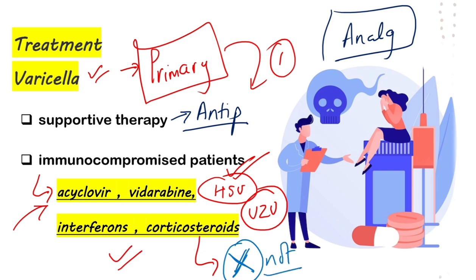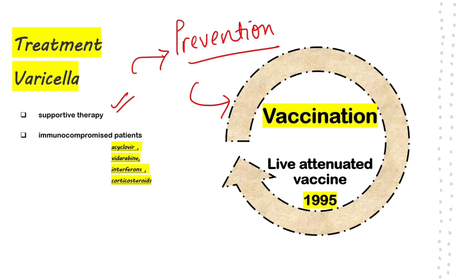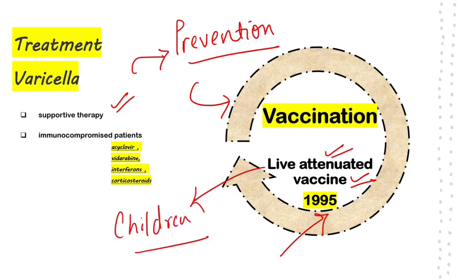A highly effective method to save a person from the primary infection of the varicella zoster virus is vaccination, where a highly effective live attenuated vaccine is given to the person. It has been available since 1995 and is routinely administered in children. Widespread vaccination has also led to significant reduction in varicella cases, along with significant reduction in hospitalization, mortality, and the disease burden of varicella.